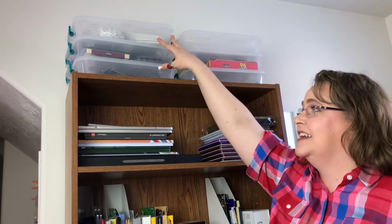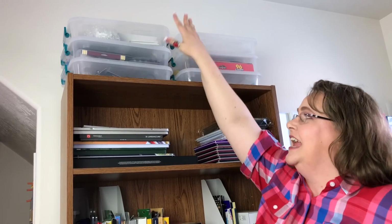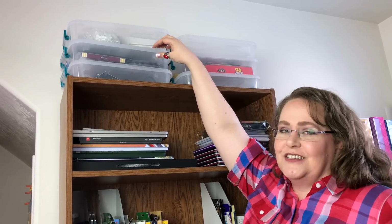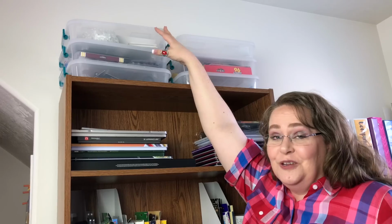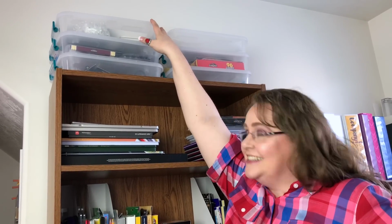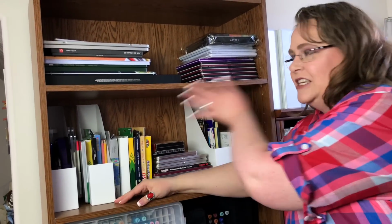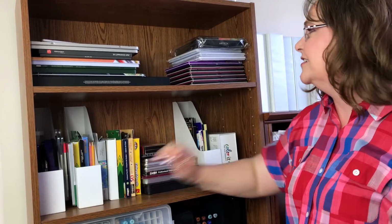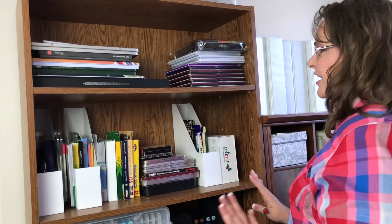Okay, before I show you all my color pencils, I wanted to show you way up here I have these plastic bins that I pick up from Walmart. And in these plastic bins are tons of different products that I am going to be filming YouTube videos for. So there are secrets and exciting things to come all in these bins. But we're going to focus on these two shelves right here. I'm going to take you for a quick tour of all the different pencils I have in my color pencil collection here. Let's start up